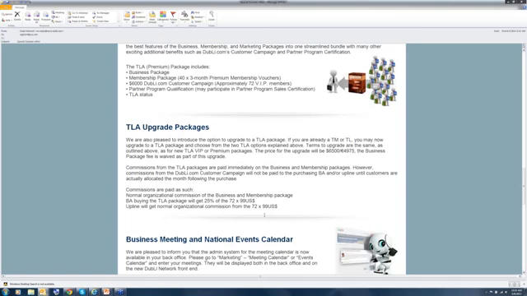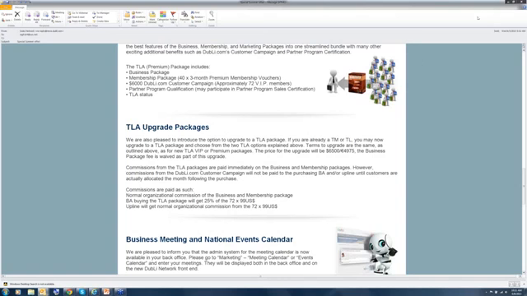Now, if they choose to do that, they will not have to pay for the business package again. So they just pay the difference, and the difference will be the $6,500. As you'll notice right here, it says the upgrade of the TLA for that package is $6,500 US. So again, it's a choice that they can have, whatever they want to do. If they want to upgrade, they can, and if they don't, that's fine.